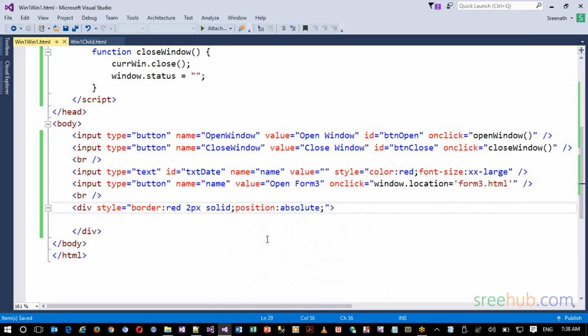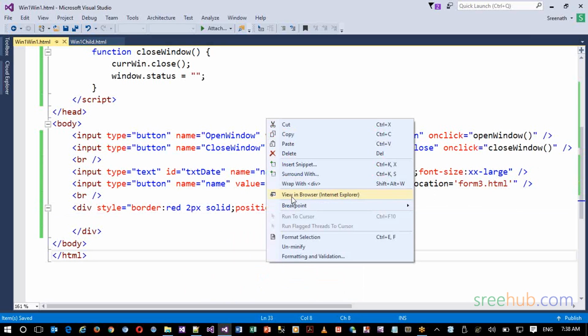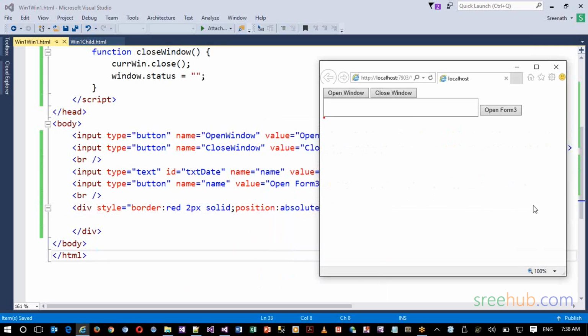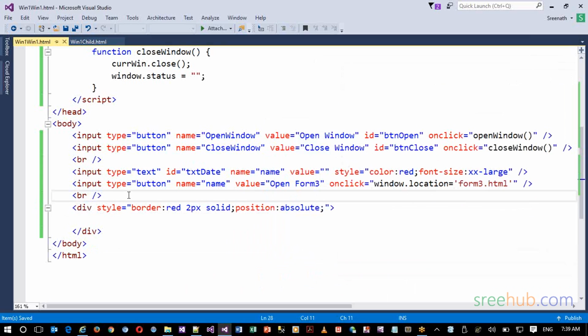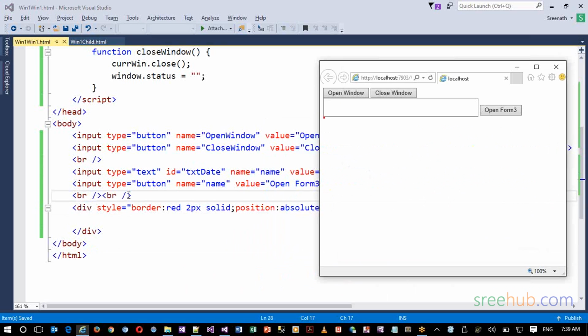Whenever I'm setting the property, it's very important to understand, right? So see, you can see it's already created a dot here, right? It created a red dot, if you can see here. So let me take one more BR to understand it clearly. Dot here, right? So it just created a dot at an absolute position, which means after these BRs, it took 0 and 0 coordinate and it created it,